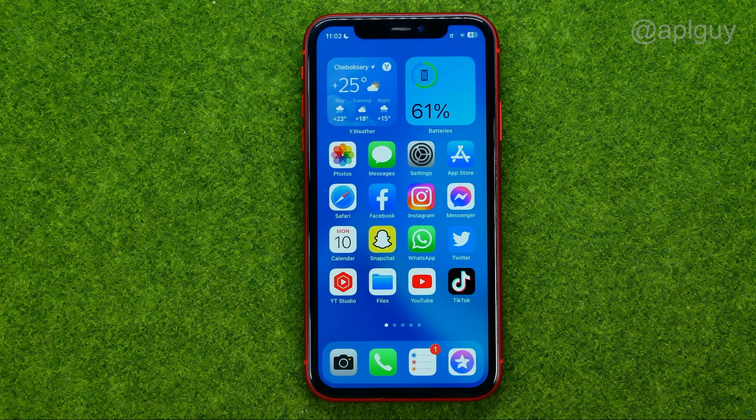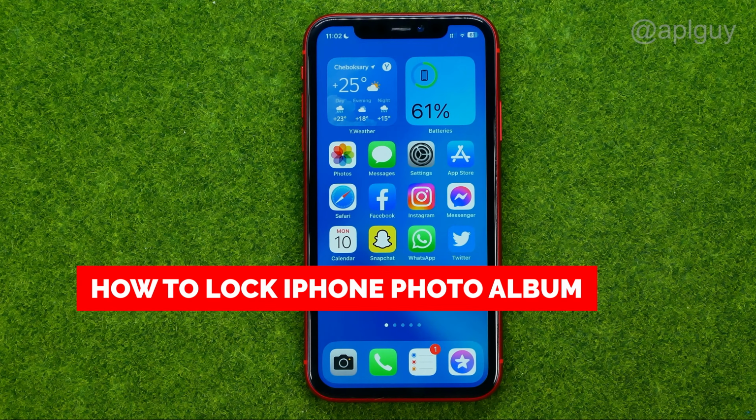In this video, I'm going to show you how you can easily lock your photos or photo albums on your